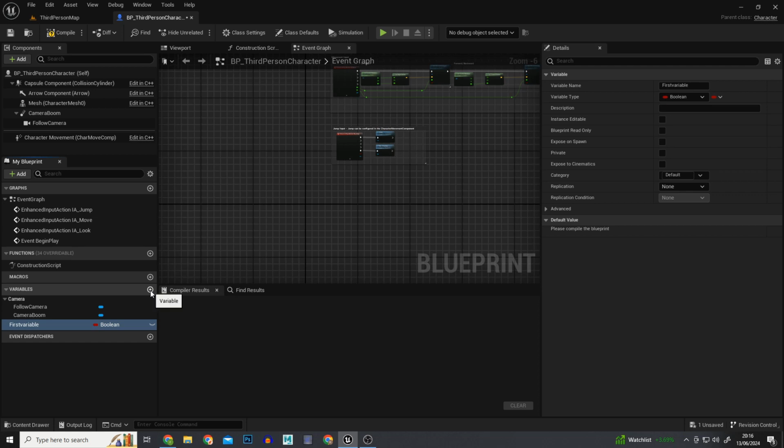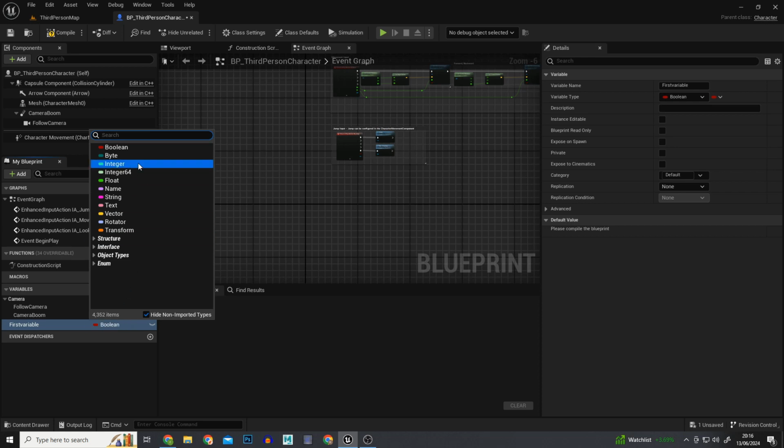So now let's talk about the different types of variables you can use. If we open this drop down list here, we can see loads of different ones. We've got boolean, byte, integer, integer 64, float, name, string, text, vector, rotation, transform, and then we have others under interfaces, structures, etc. But the main ones that you'd want to know, the basic ones for starting off with,